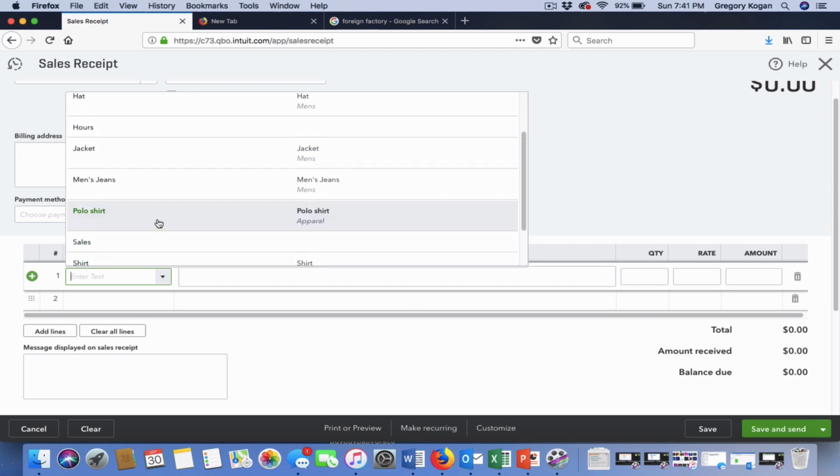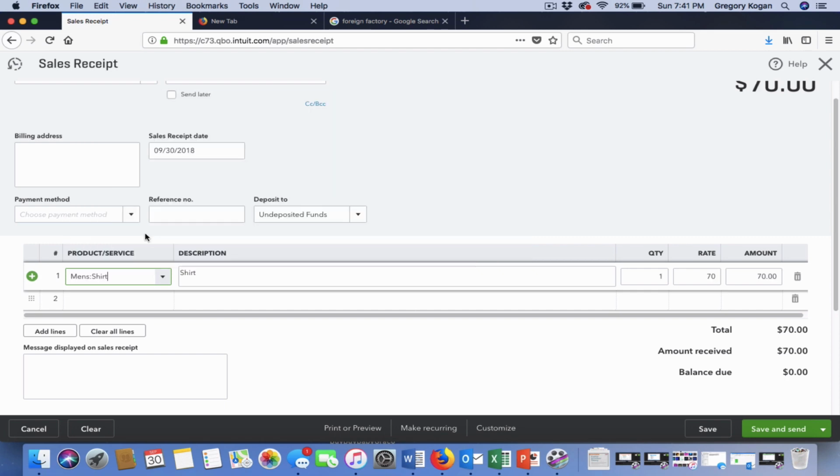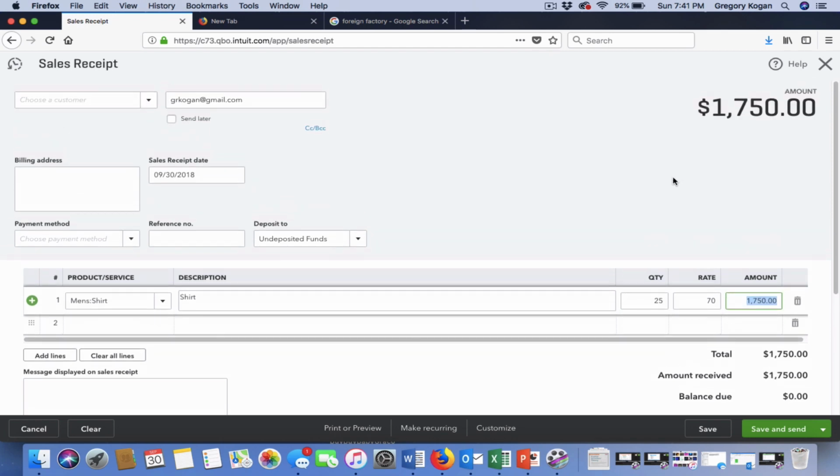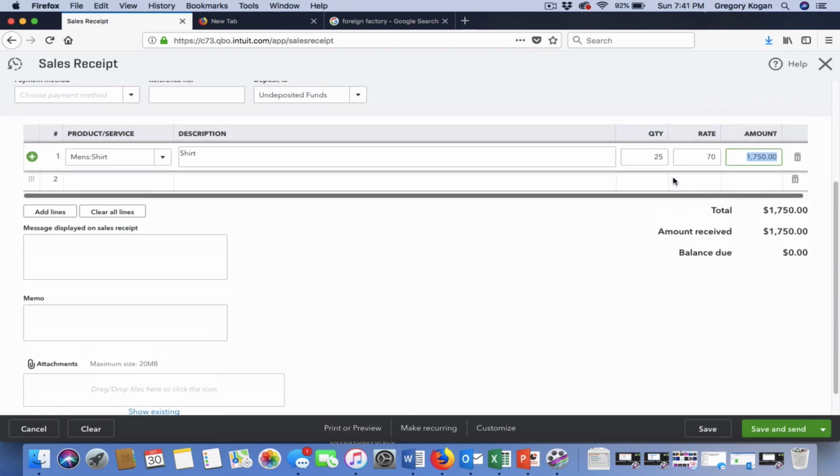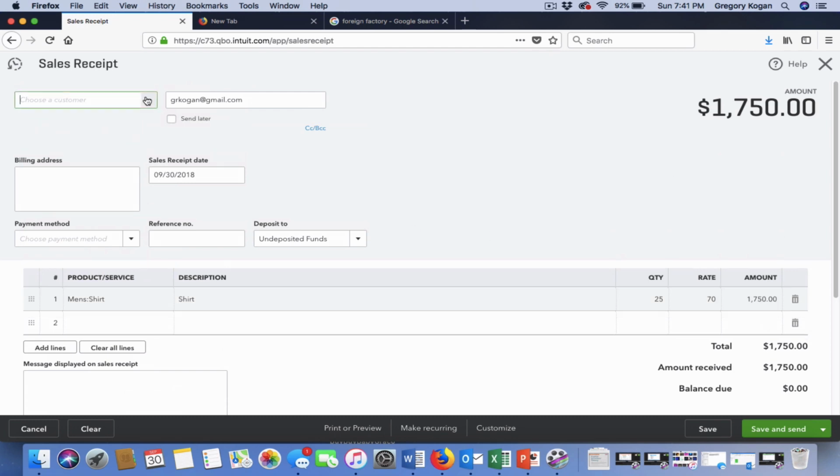So let's see here. I think we had the men's shirt. That was ready. And how many are we going to sell? Say we're going to sell 25 of these. The rate is 70. So this is the amount, right? And then make sure you have the customer